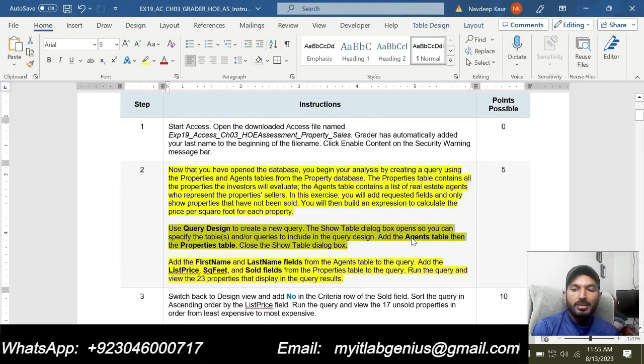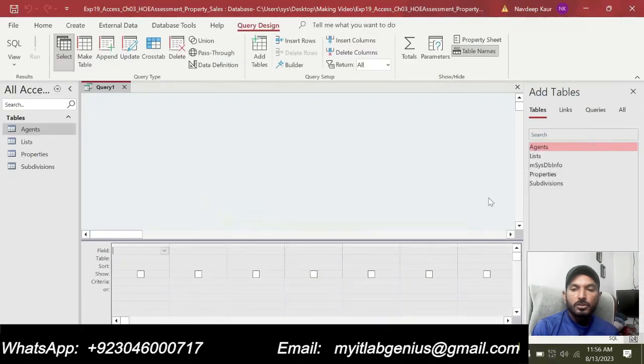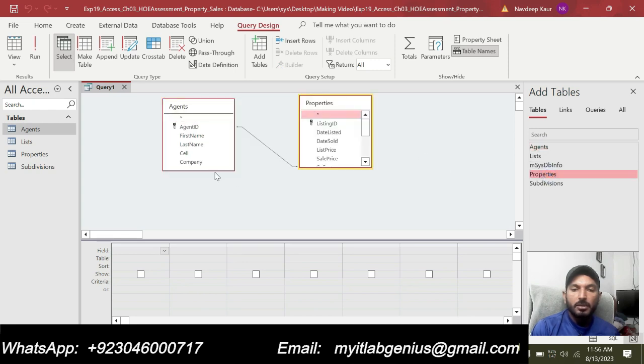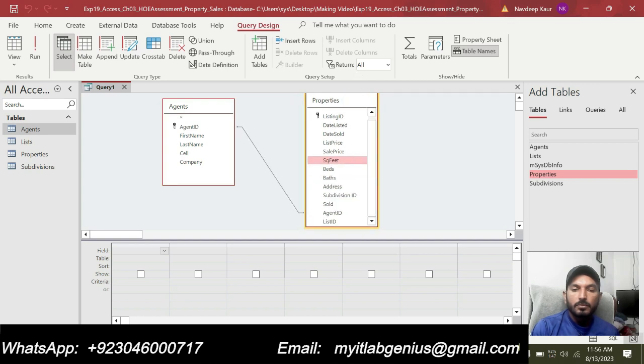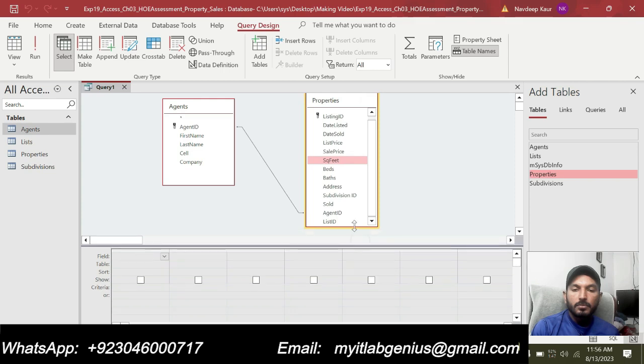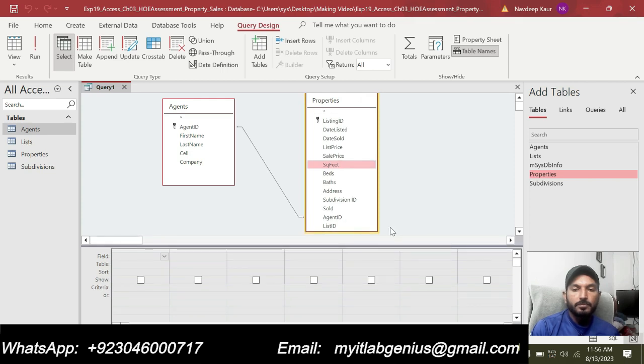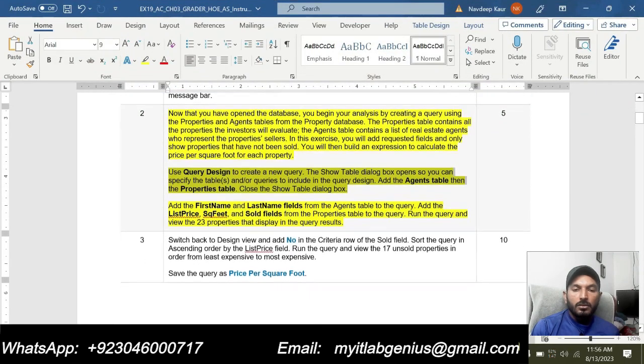First we add the Agent table, and then we add the Properties table. So this one. Then close the Show Table dialog box.